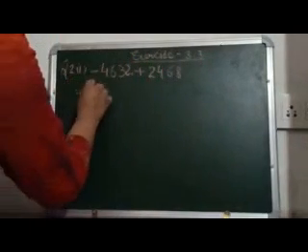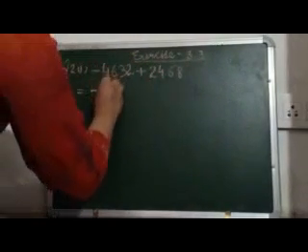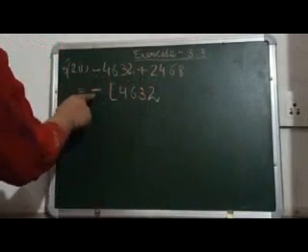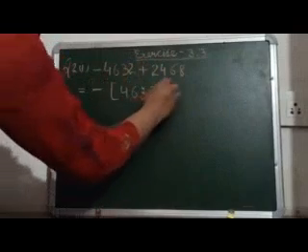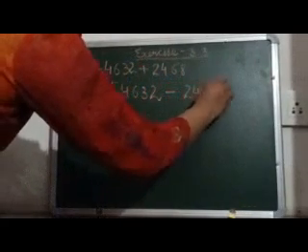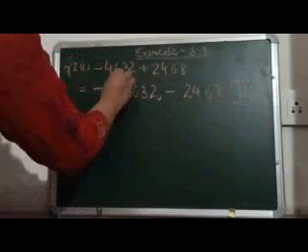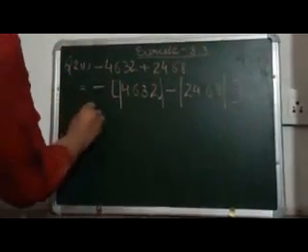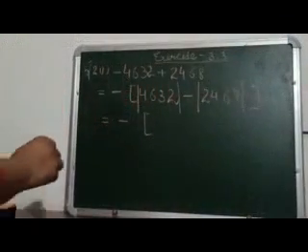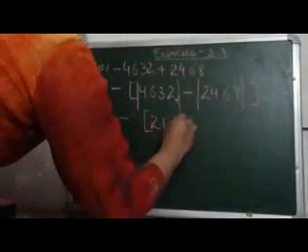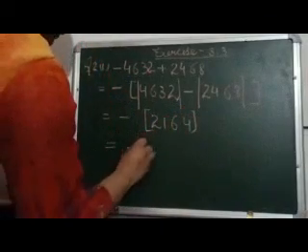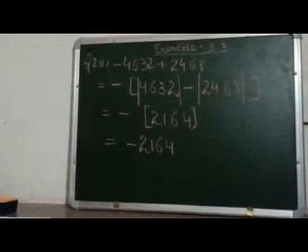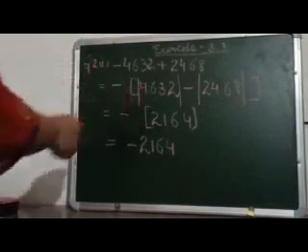So now we will take minus as common. So it will become 4632. Now if we have taken minus outside, that means this sign will get changed. So it will be minus 2468. But we have to use the concept of absolute value. So we will write it in the form of absolute value. So from here, after subtracting, you will get 2164. So the answer is minus 2164. This is how we use the concept of absolute value to add the integers.